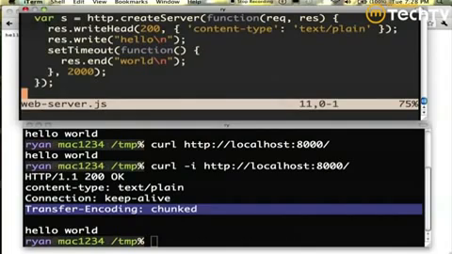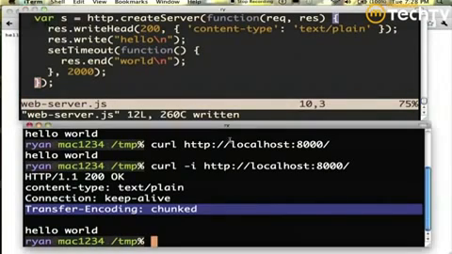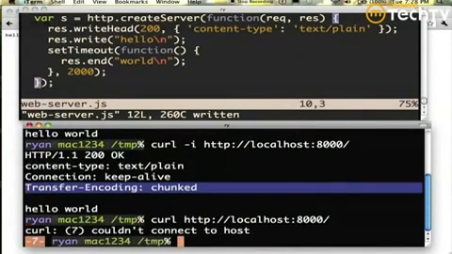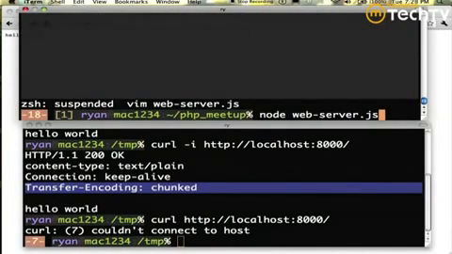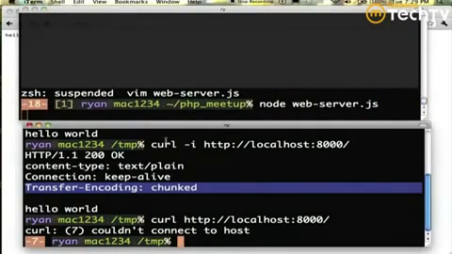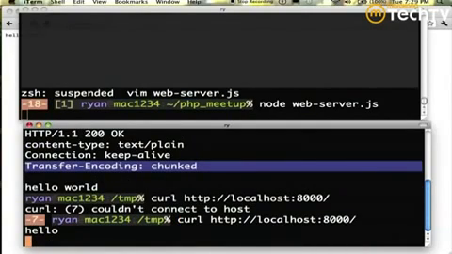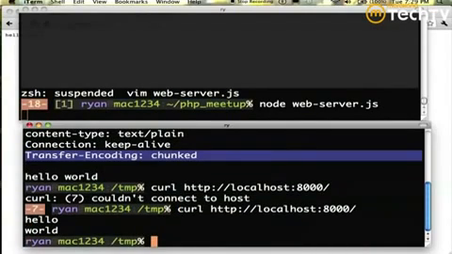Yeah, let's test it and see what happens. Okay, so if I curl it, oops, I get "cannot connect to host" because we have to start it. So we start the web server and we curl it and we get hello and then world. Okay, so that's cool. That's why we needed the transfer encoding chunked, because if we said content length 12, it wouldn't actually work because